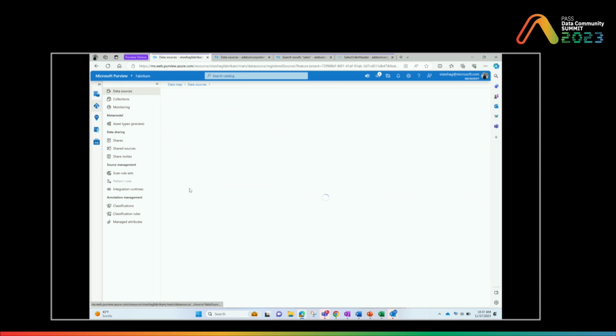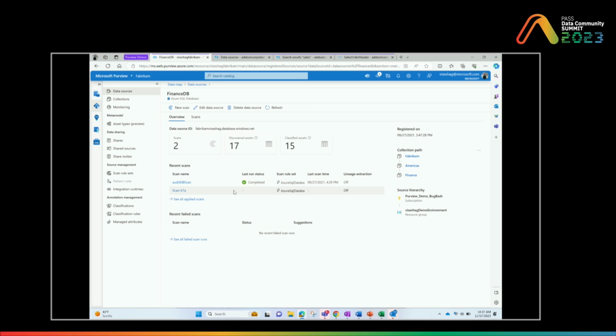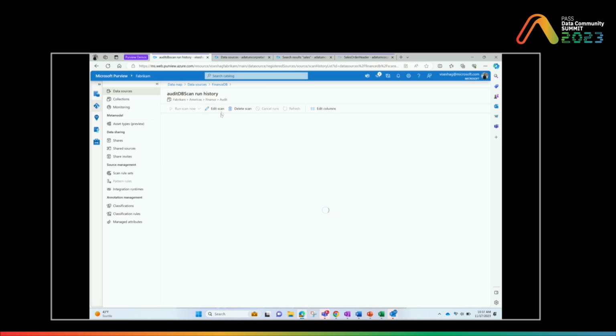So this is a scan that I've already set up. You will see that I can register an Azure SQL database. I can set up a scan, and I can also set up a schedule. So if I look at this,